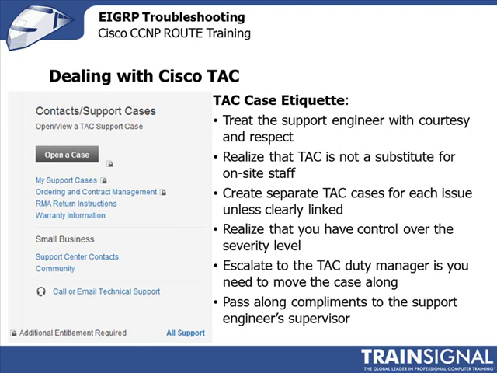Keep that in mind. Also realize you have control over the severity level. If you think it's a severity 1, you ultimately have to make that call. Again, please use that sparingly, but when it comes to S2, 3, or 4, or S1, you make the call. If you feel like you're not getting treated correctly or you're not getting priority, make sure you escalate to the TAC duty manager, which you can certainly ask for, to move the case along. Occasionally, it may be necessary to do that, so don't be afraid to do that, but also, again, use it sparingly. And when things have gone well, when a situation has been resolved, pass your compliments on to the support